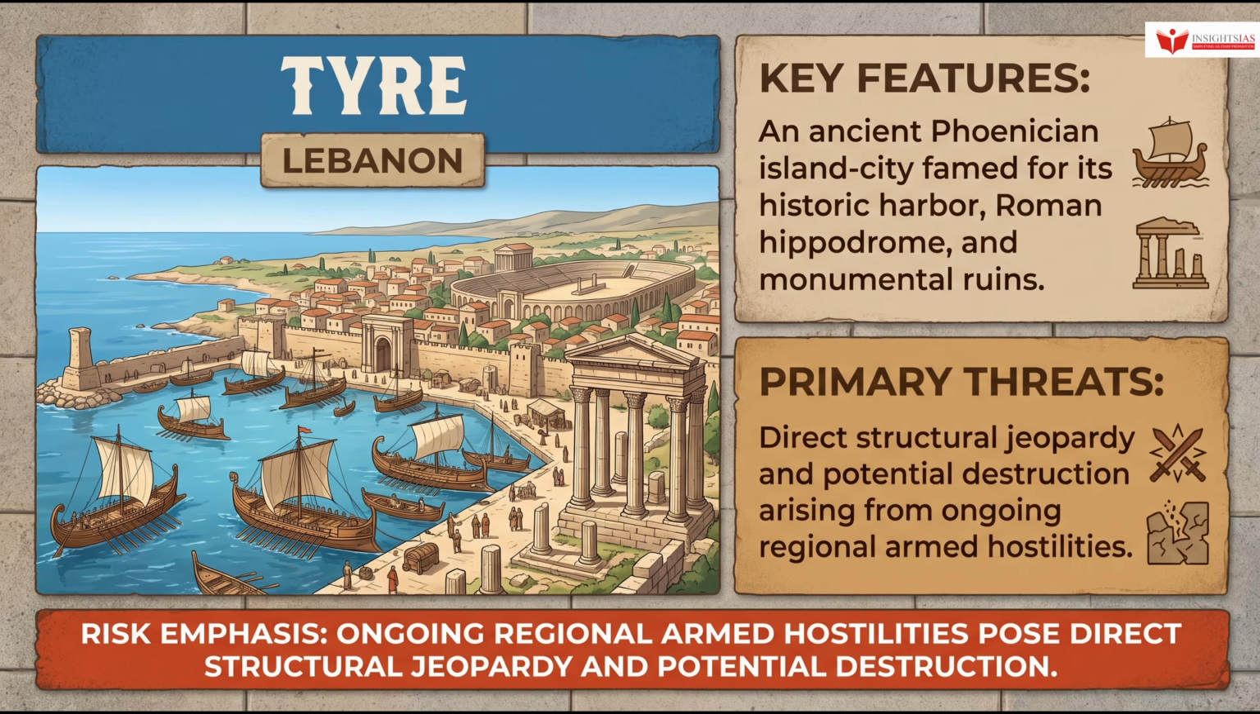And Tyre, in Lebanon, is an ancient Phoenician island city, famed for its historic harbor, Roman hippodrome, and monumental ruins. Its primary threats involve direct structural jeopardy and potential destruction, arising from ongoing regional armed hostilities. Notice a pattern across several of these sites. War and conflict feature repeatedly as a primary threat, which tells you a great deal about the current state of